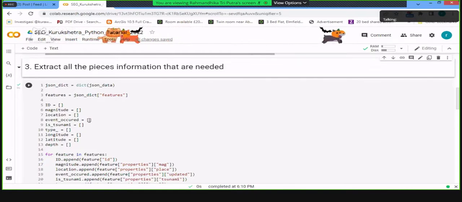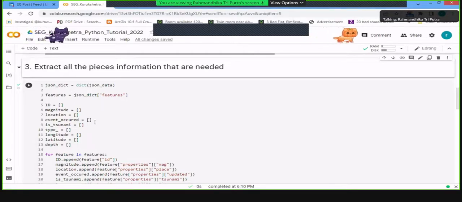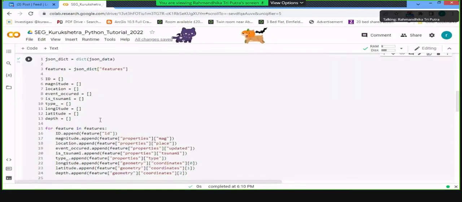And then the event occurred value, which is when the earthquake happened. So it's a date and time of the earthquake. And then tsunami is more like